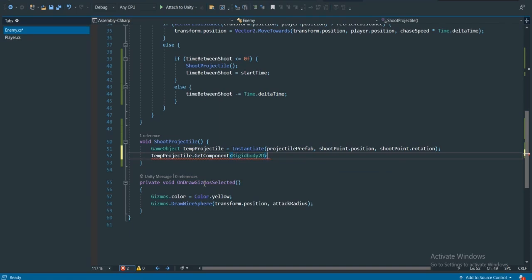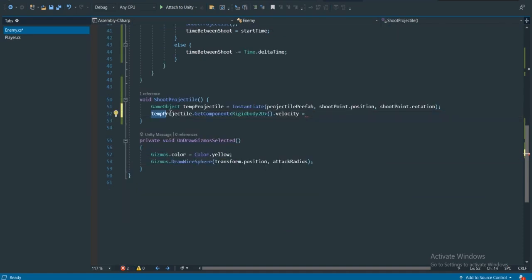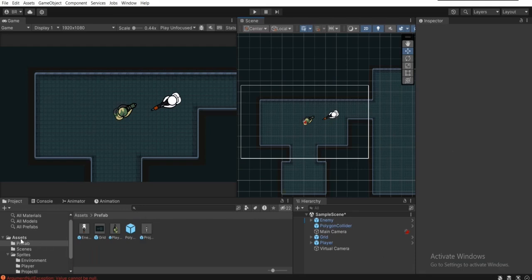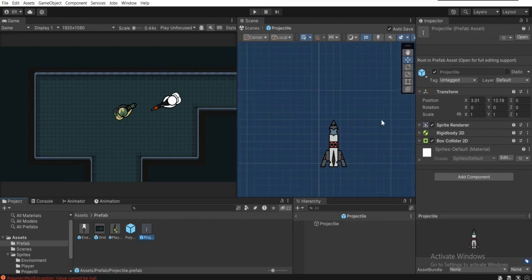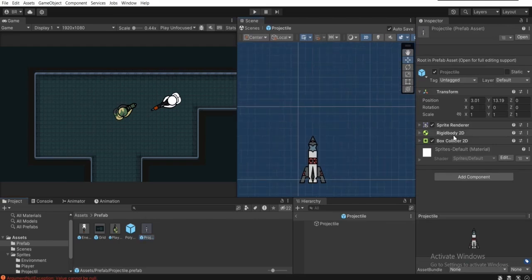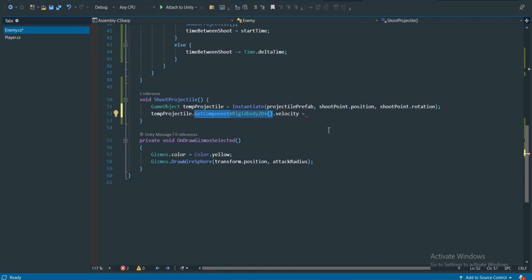Rigidbody2D, and make sure you make this first bracket and dot, and we will set the velocity equal to the direction shoot point is facing. What we're doing is going over to temp projectile, then GetComponent Rigidbody. Basically if we move to Unity, then assets, prefab, and open up this projectile prefab, we're moving over to this projectile's rigid body, and to this rigid body we're accessing the velocity, and we're gonna set the velocity of that rigid body with some